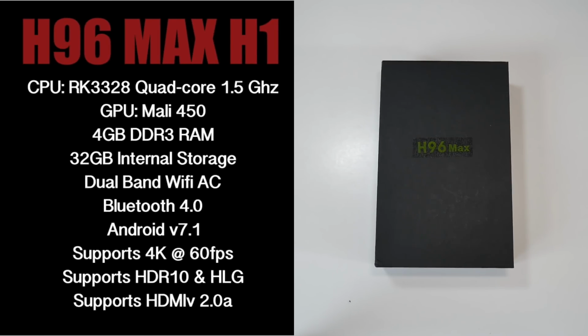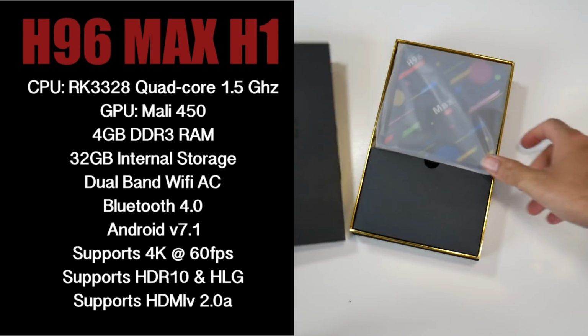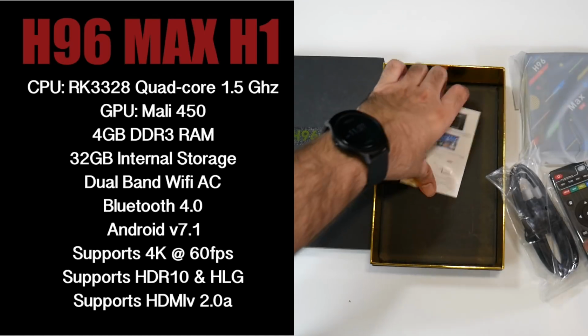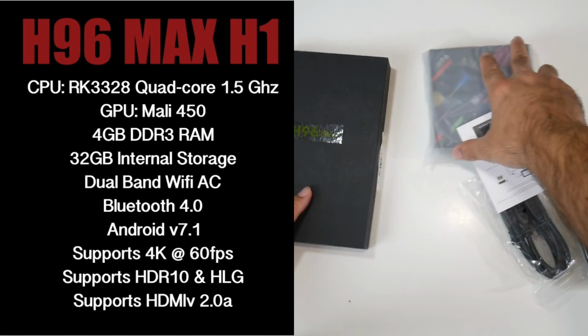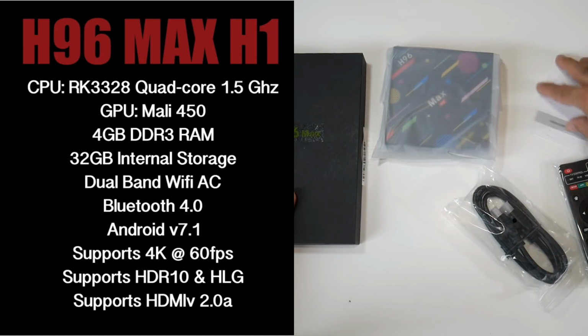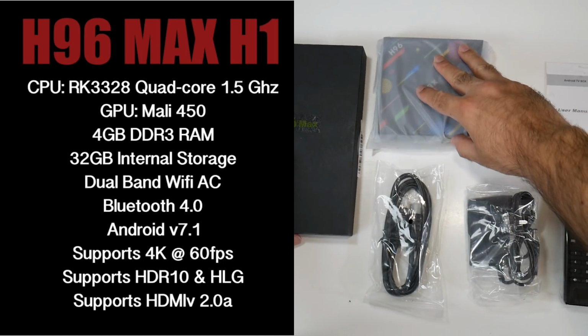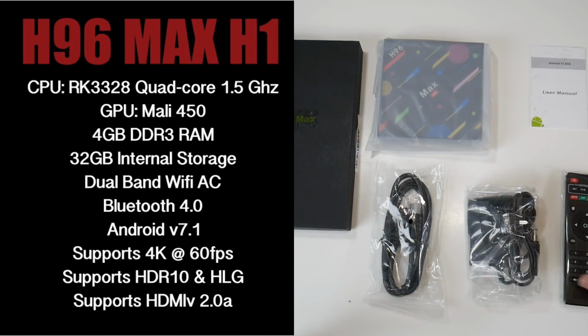The CPU is the RK3328 Quad-core running at 1.5 GHz. The GPU is the Mali 450. You have 4 gigs of DDR3 RAM, 32 gigs of internal storage, dual-band Wi-Fi AC, Bluetooth version 4, Android version 7.1, supports Ultra HD 4K videos at 60 frames per second, supports HDR10 and HLG, and this supports HDMI version